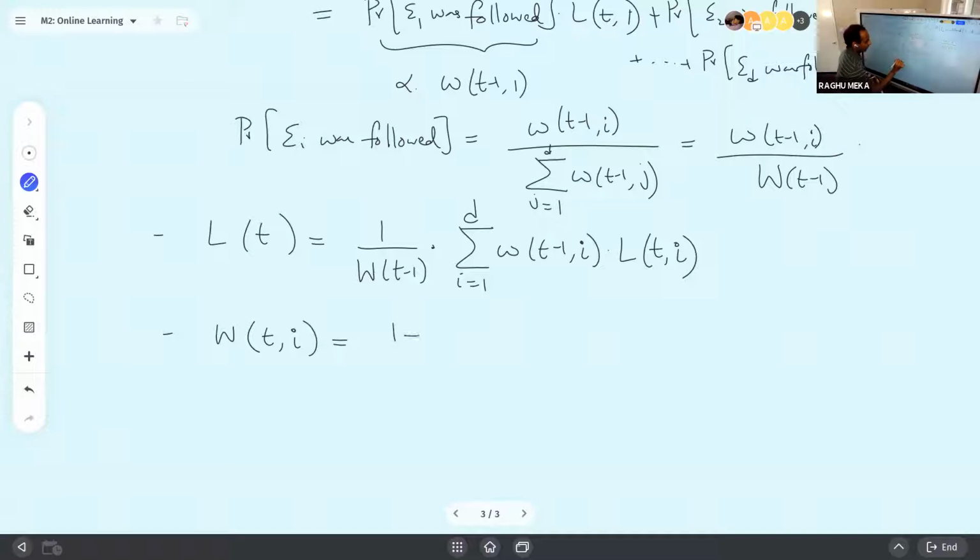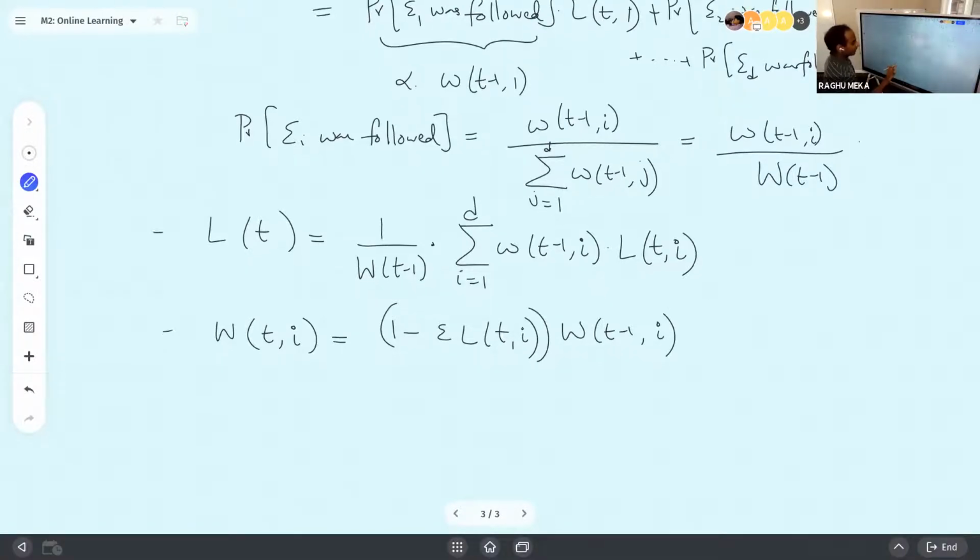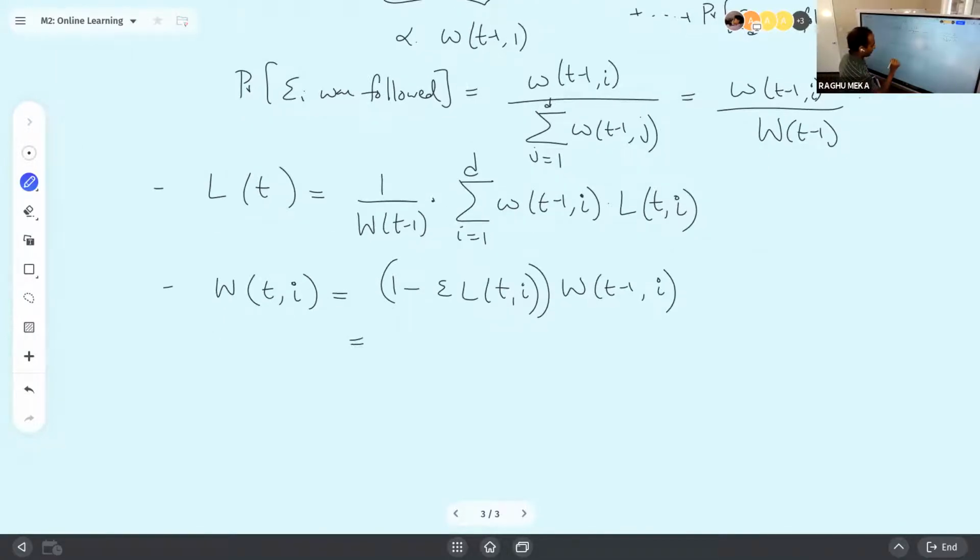It's 1 minus epsilon times the loss. So that's how much we're changing the weight. Okay, so let me expand this out a little. So you get this minus epsilon times